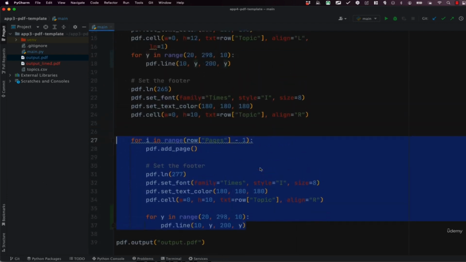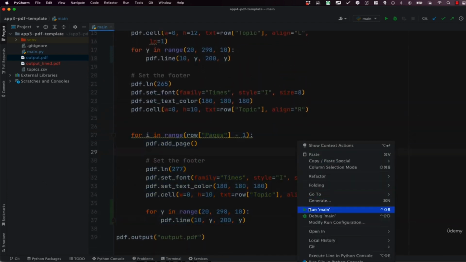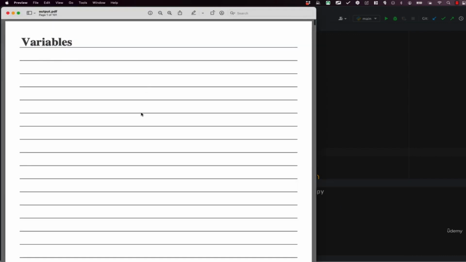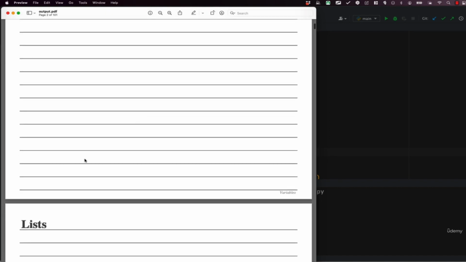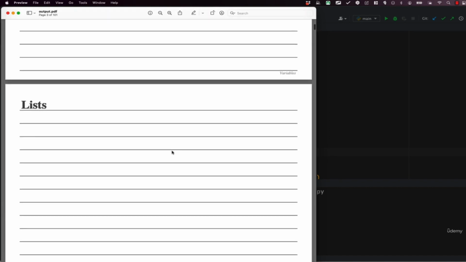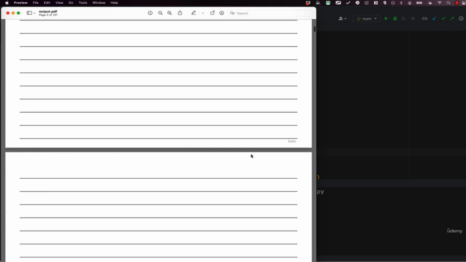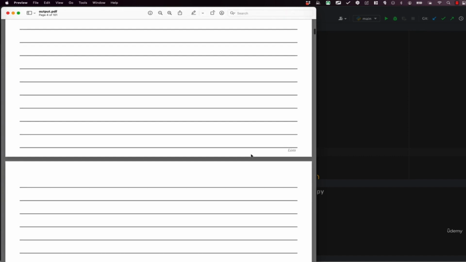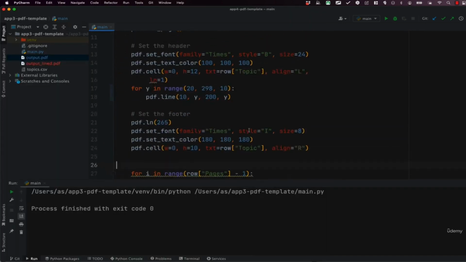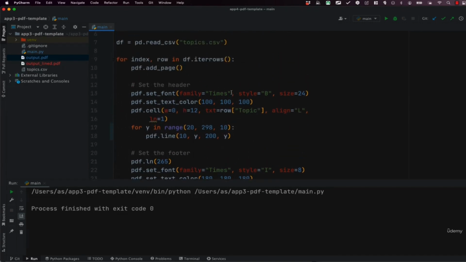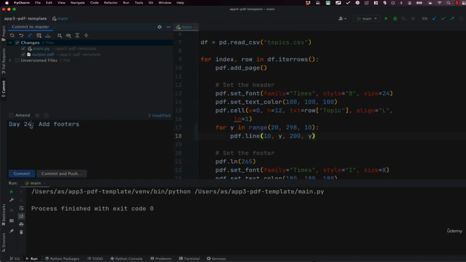Let me close that to give you more space. So if I run that, check output again, and that's the PDF. So we have horizontal lines in each page, and the headers and the footers stay there where they were. So that is how you add lines in every page, and I hope that this helps you understand nested loops even deeper. Let me commit these changes, day 24,